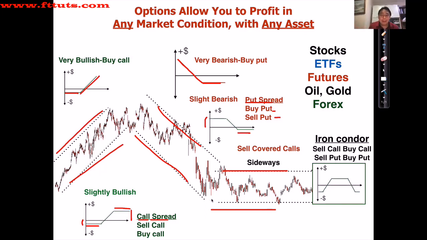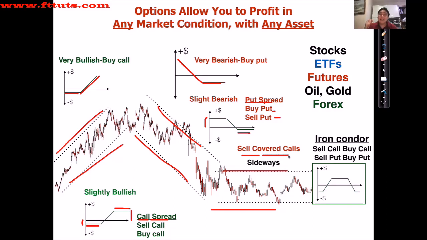And of course, many times markets go sideways, whether it's a stock market, currency market, oil and gold. And many people, when the market goes sideways, find it very frustrating, right? Because they're not making money. But with options, you can make money when the market goes nowhere, right? So one technique you're going to learn in the basic course is to sell covered calls on stocks or ETFs, which means the stock is going sideways and you sell call options out of the money to collect premium. All right, so as long as the stock goes sideways, you're collecting the premium and you're getting almost free money.